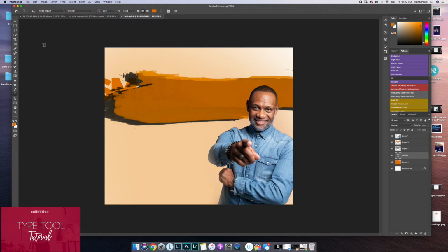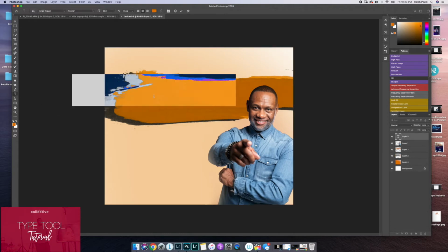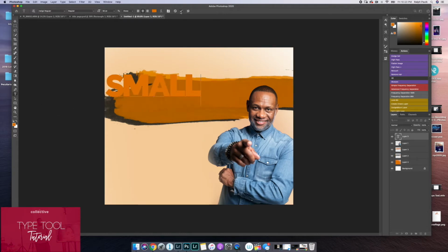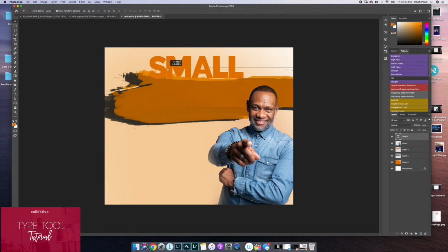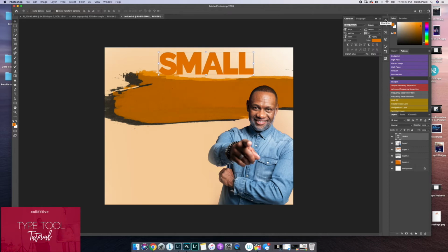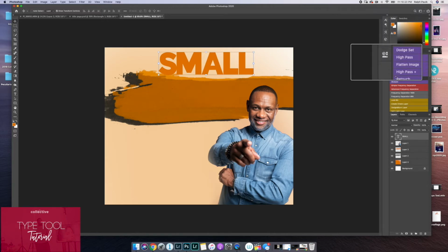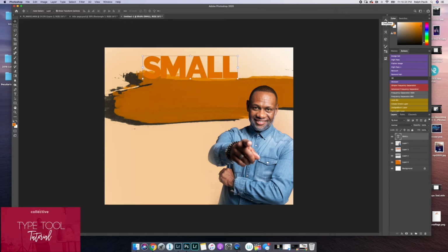This project is going to be a small business project. Once you have the text typed that you want, make sure that you commit to what you have typed. Photoshop automatically creates a new layer. Now, if I want to revise some details in regards to the text, I can by going to the fonts or the character panel. If your character panel is not found in your panel, what you can do is go